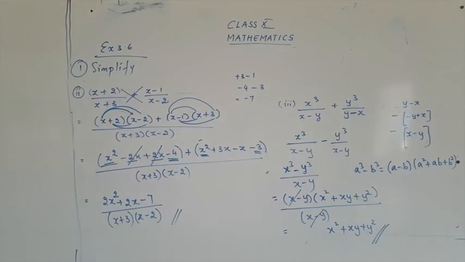Okay, now let's go for the second question. Now second question is with the subtraction. You have a main sign as subtraction. Let's go for the second question. Okay, so take down question number 2. First subpart, 2x plus 1 into x minus 2 upon x minus 4 minus 2x square minus 5x plus 2 upon x minus 4.